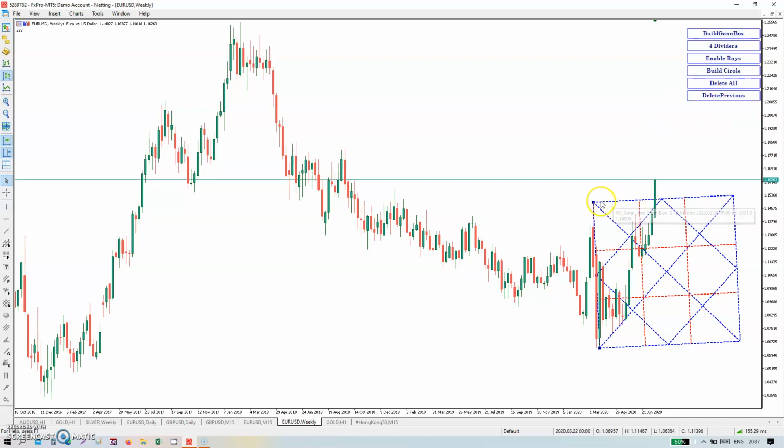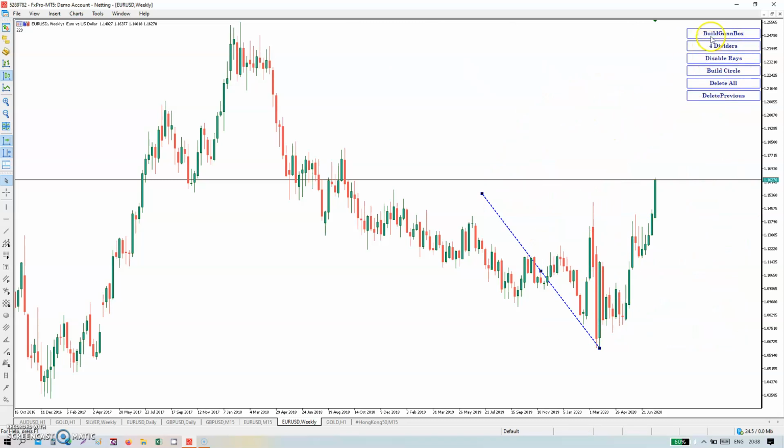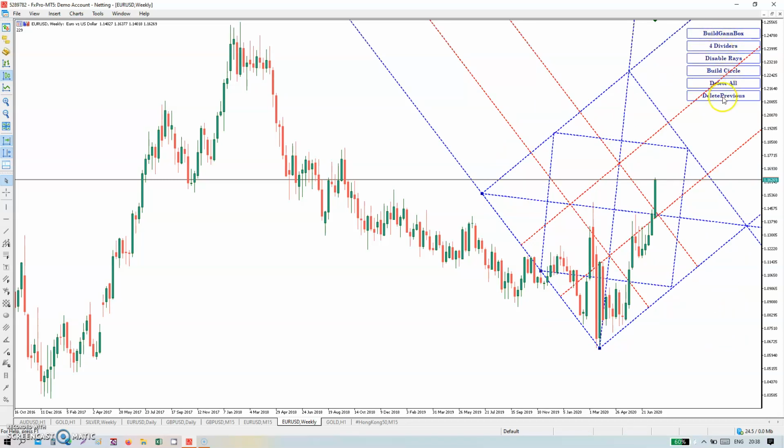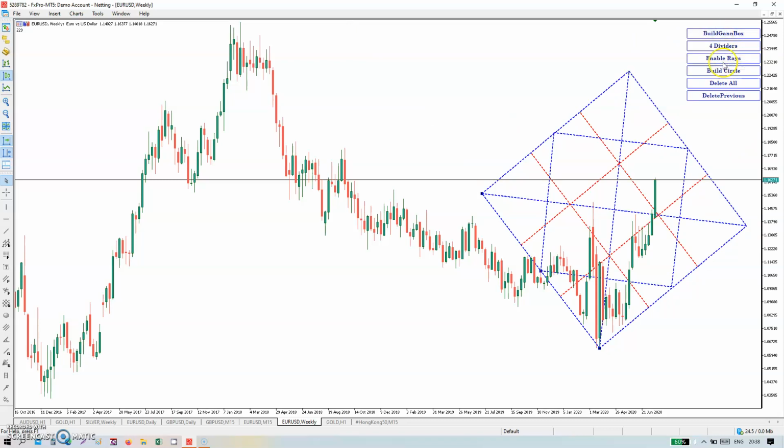So right now your chart is scaled. You can draw anywhere. Your chart is scaled. Enable raise, delete all, or delete previous. Delete previous, disable raise. Now build a box or build a square, build a circle.